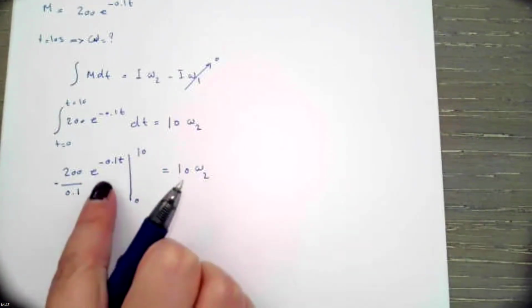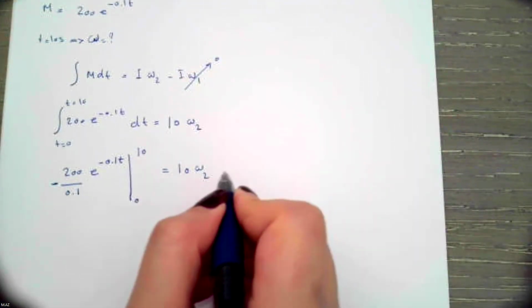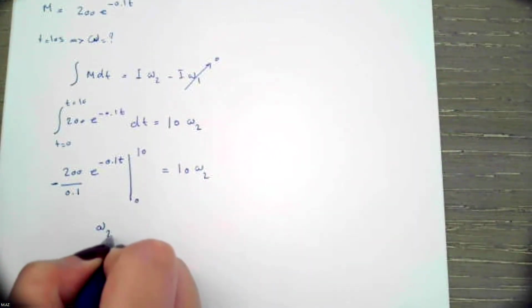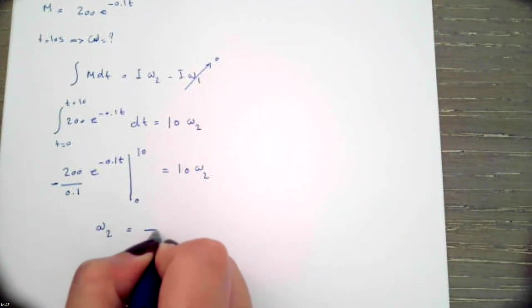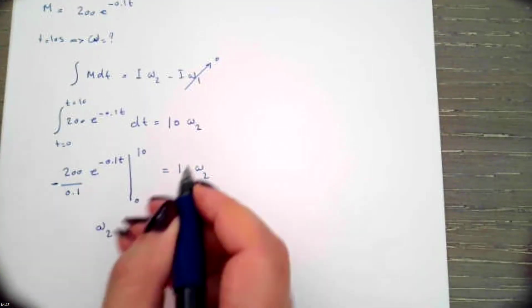Once we plug in the upper and lower limits, the value of omega 2 becomes, this is 10. The answer of this integral is